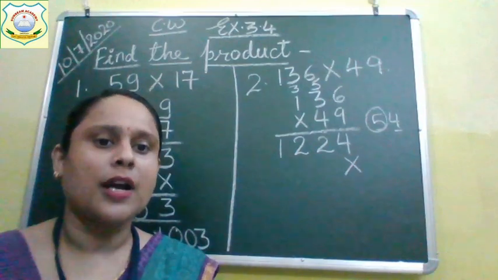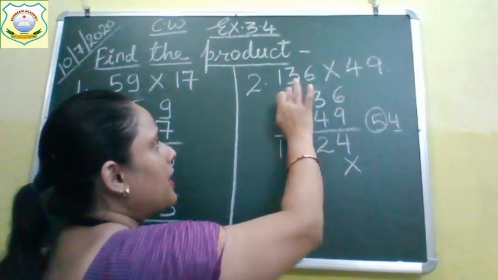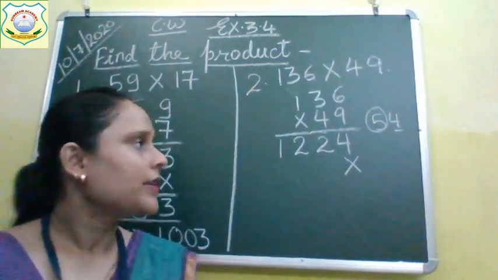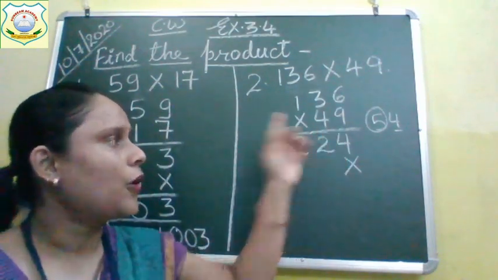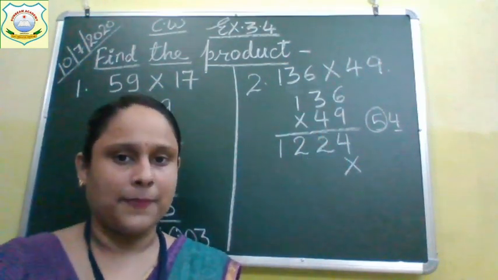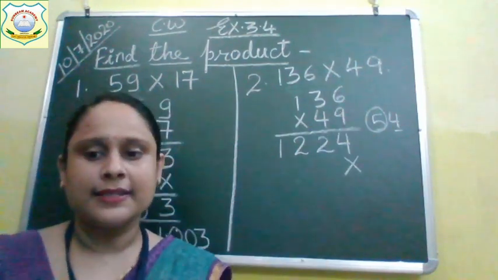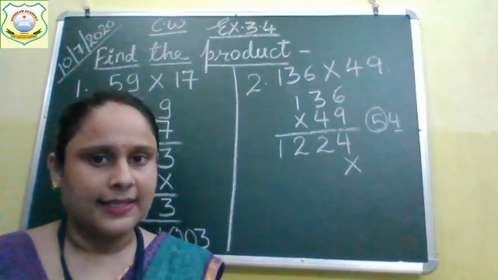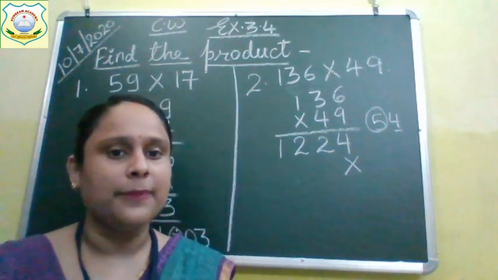4. Before coming to the next number, children, remove the carry of first number. Then only we will write the carry of another number. Okay. So we have removed the carry of first number. 4. 4 will be multiplied to the number written in the ones place. Which number is written in the ones place? 6. 4. Now let's read the table of 4 6 times.